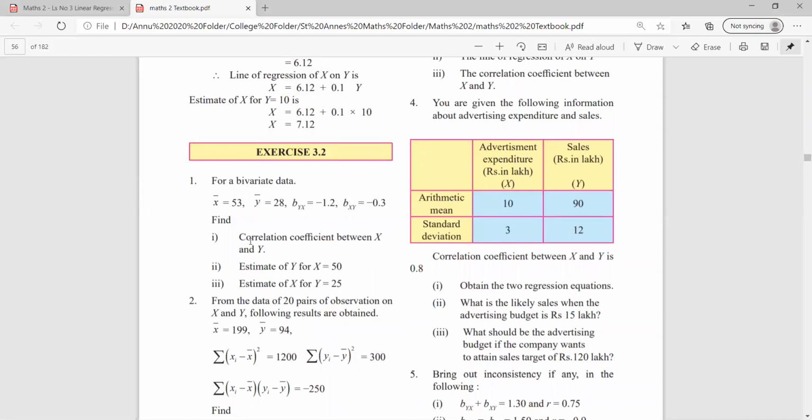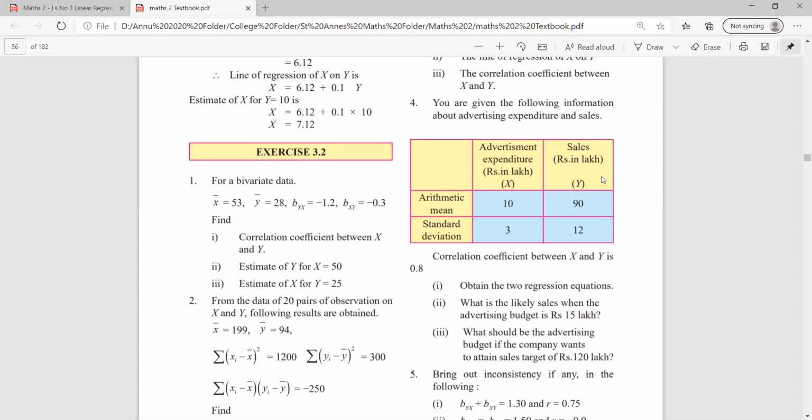Yesterday we saw sums based on correlation coefficient. We had standard deviation also in those sums, but there was no table. Now today we'll be focusing on all the sums of exercise 3.2 which are table based. And in that table you will find values of mean or average, also called arithmetic mean. Standard deviation will be given to you, but in the form of a table.